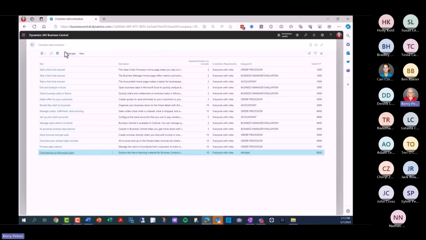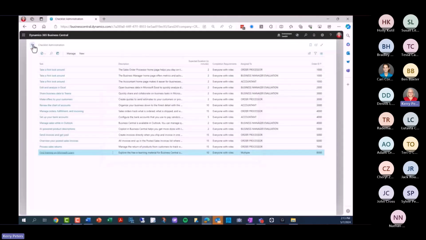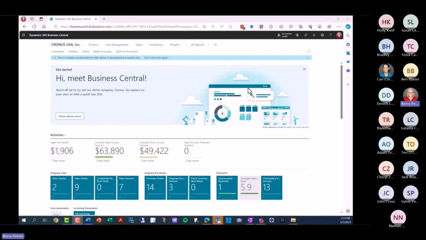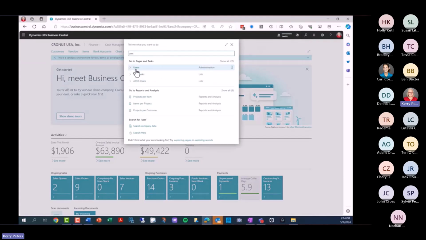This is something that you can manage and add to by choosing to create a checklist line item. You can make your own checklist available to your customers. One last small thing that I like is the ability to simply see additional and more useful information about our